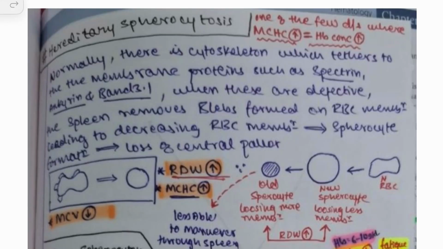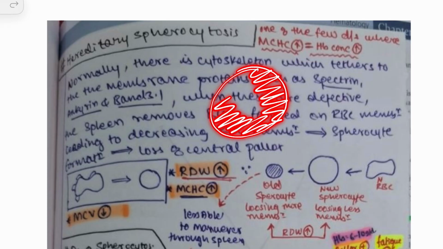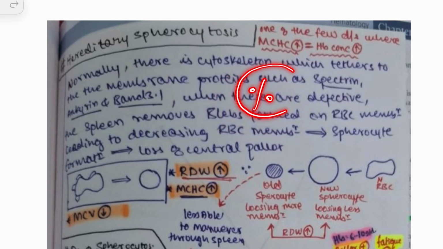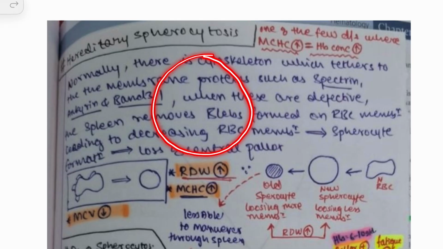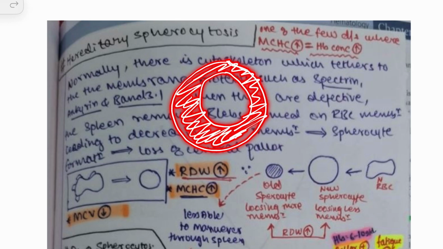What is hereditary spherocytosis? It is one of the few diseases where MCHC, that is mean corpuscular hemoglobin concentration, is increased. Mean corpuscular hemoglobin concentration means percentage-wise how much of the RBC is accumulated with hemoglobin. Okay, mean corpuscular hemoglobin concentration, so that is increased,